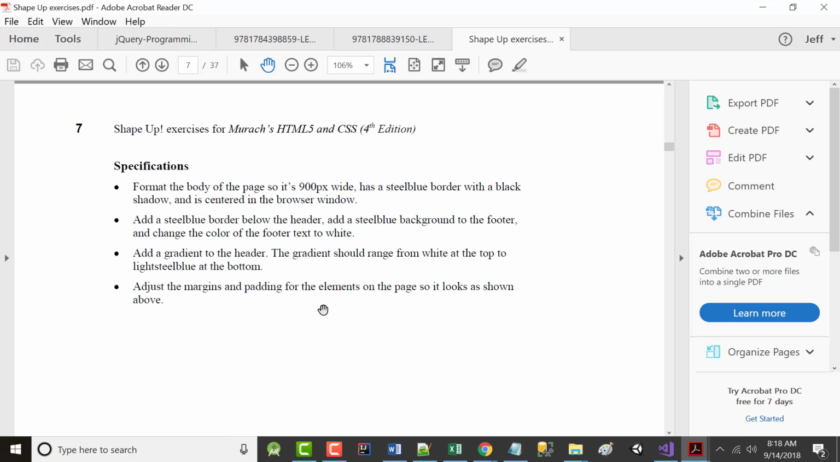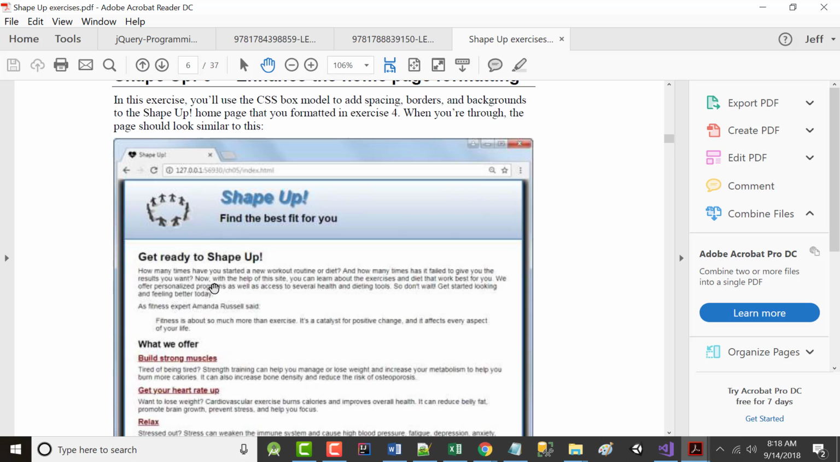Third, add a gradient to the header. The gradient should range from white at the top to a light steel blue at the bottom. Again, sounds like CSS. Finally, adjust the margins and paddings for the elements on the page so that it looks as shown above. And that's, in a way at least, where this starts to break down, because you can